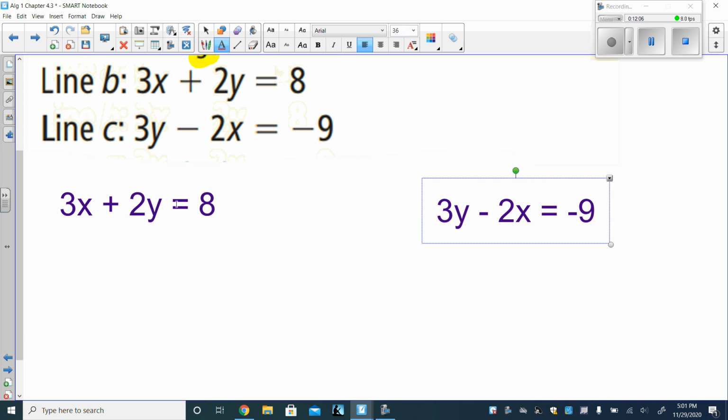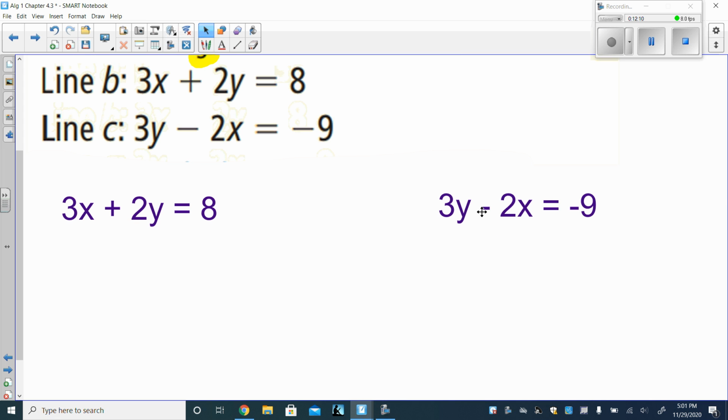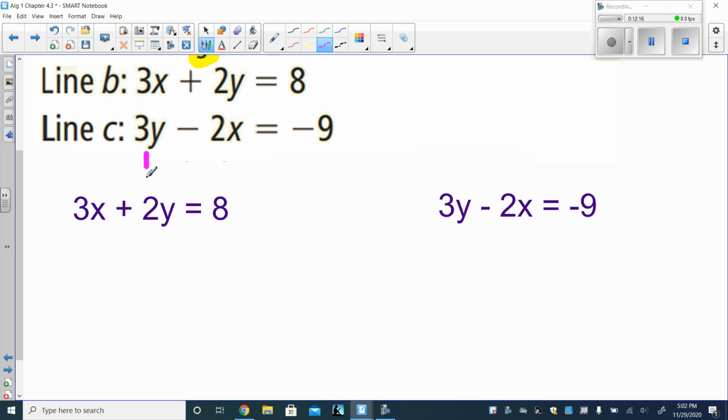So we need to rewrite those in slope-intercept form. Now, I went on and typed them out down here below so that we have them and we can work with them. We want both of these equations for line B and line C in slope-intercept form. Now, when we look at this here, the first thing we need to do is get the x onto the other side. We need to get y by itself. So the first thing I can do is subtract